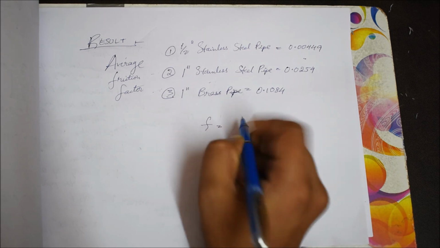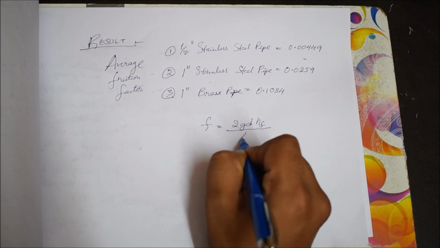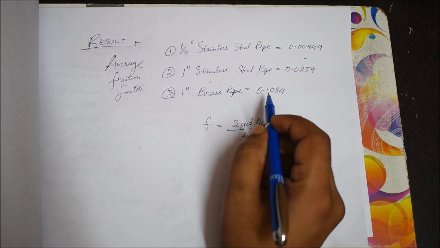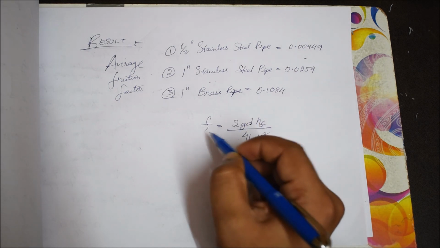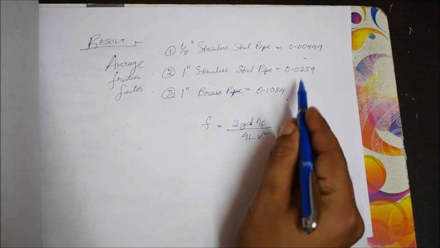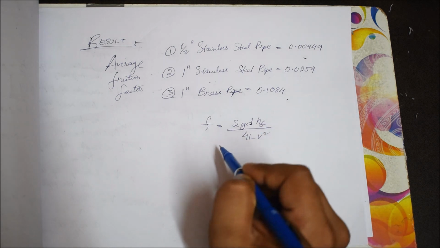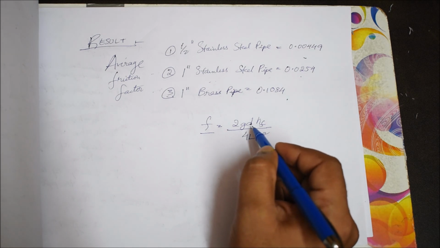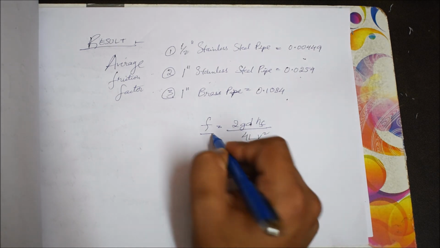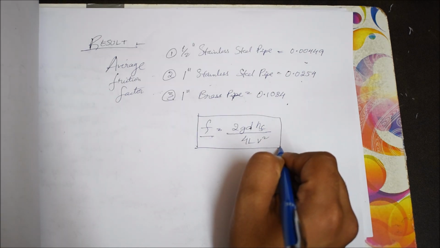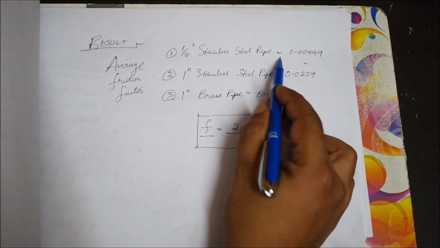Since friction factor is equal to 2GDHF by 4LV square, friction factor is directly proportional to the diameter. Bigger the diameter, more can be the friction factor. Our result has shown that the diameter of these pipes have played a role in amounting the friction factor for respective pipes. That means bigger the diameter has directly impacted the friction factor. So the friction factor can be utilized as an identity for analyzing the major losses in the respective pipes.